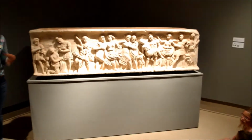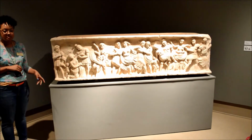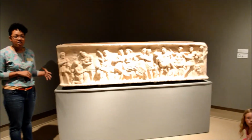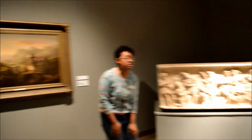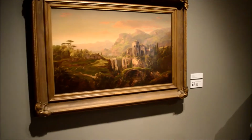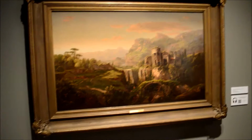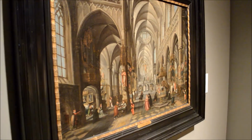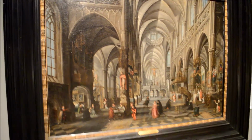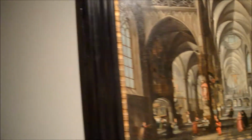So I'm going to take you around and we're going to look at some of the different works that we have here in the museum. The Cornell Fine Arts Museum is special amongst the different museums that we have here in Orlando. One of the reasons why it's special is because we have an encyclopedic museum. Now that's a really big word, encyclopedic. But what it basically means is that we have art from different time periods. We're one of the only museums in Central Florida that has work from the antiquities all the way to the